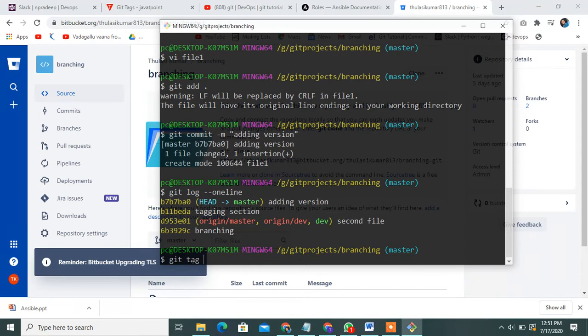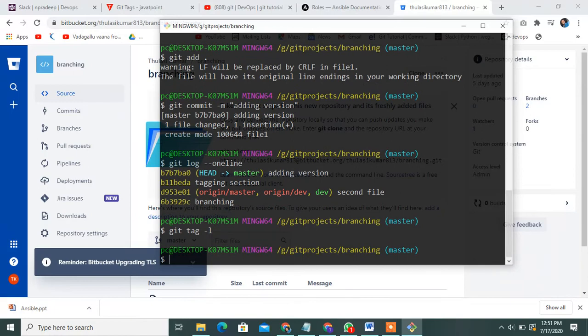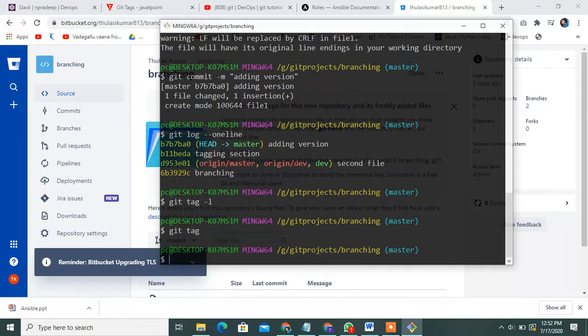First of all, check the tags. Use this command, git tag -l. See, nothing there. Now add this git tag v1.0.